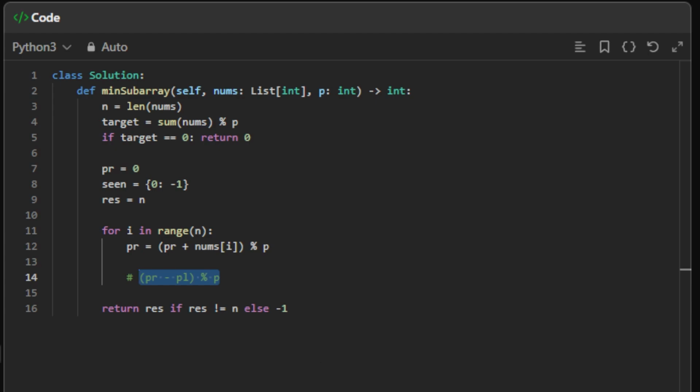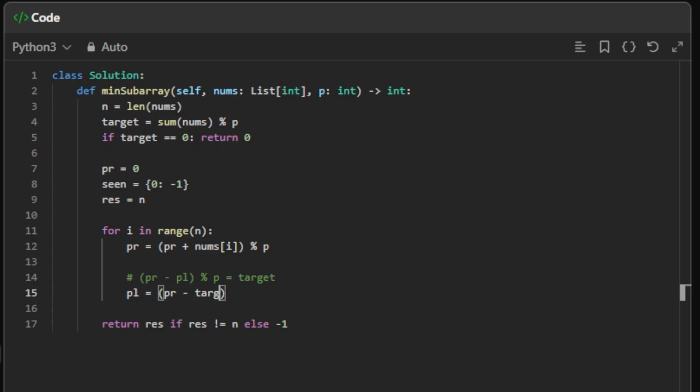Now, the ideal subarray here is the one for which this is equal to the target. So if we solve for PL now, we get PR minus target modulo p. And now we can check if we have already seen this left bound. So if PL in seen,